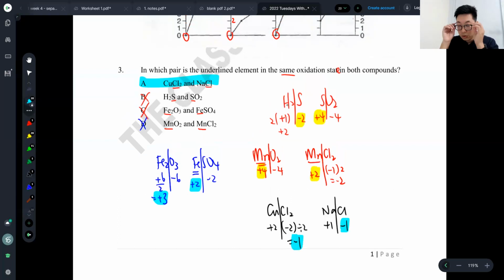Okay? So take some time to process that. Let me know if you need me to run through anything again. If you have any questions, just keep it coming. How do you know sulfate is -2? Oh, okay. Because